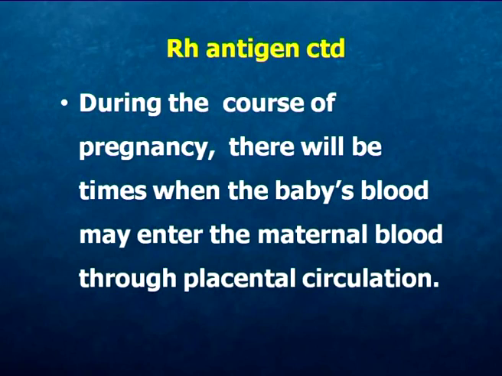So, when she conceives an Rh positive baby in the first conception, during the course of pregnancy, the fetal RBC having Rh positive antigen, D antigen, may escape into the maternal blood through placental circulation. Thus, the maternal blood gets sensitized and produces anti-D